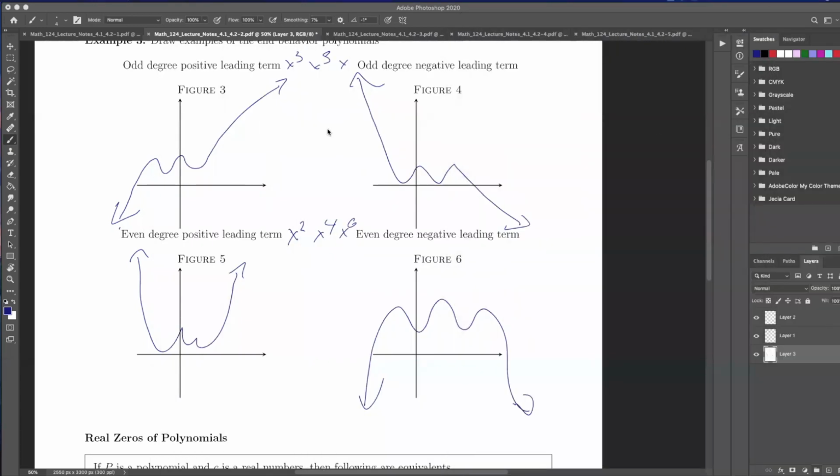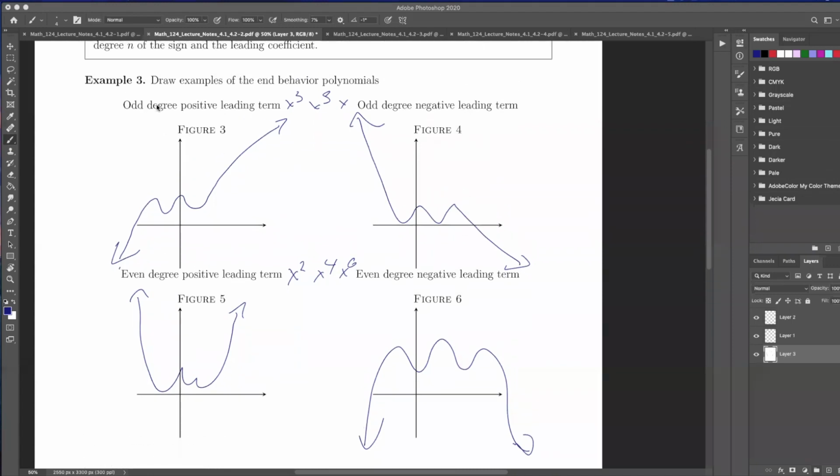So what's the takeaway from all this? The takeaway is if you have an odd degree polynomial, so if your leading term has an odd degree, like 3 or 5 or 7 or 1, and you have a positive coefficient, it's going to start negative, do stuff in the middle, then end out positive. And if it's negative, it's going to start positive, do stuff, and